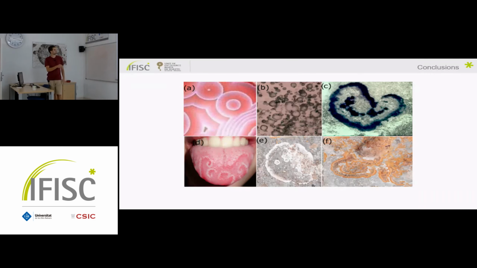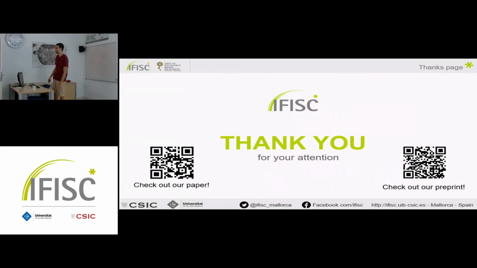Here I put some different systems. This is a chemical one. These two are plants. And this one is an illness of the tongue called geographic tongue. Some of them are type 1, some of them are type 2, but at the end, if you look at the behavior of the system, it's hard to differentiate one from the other. You have to go to the physical mechanism behind it. So this is all. Thank you very much for your attention.